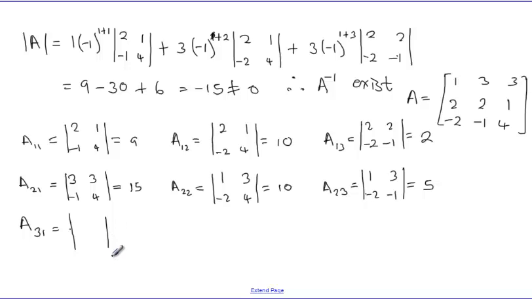The matrix is put here already. 3, 3, 2, 1. Correct. 3, 3, 2, 1. And that results in